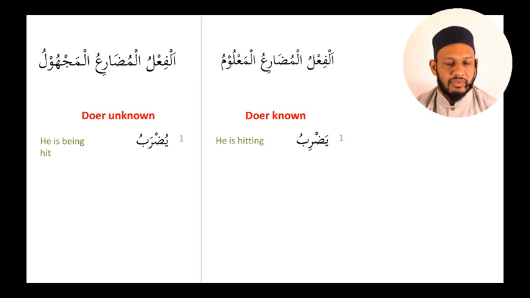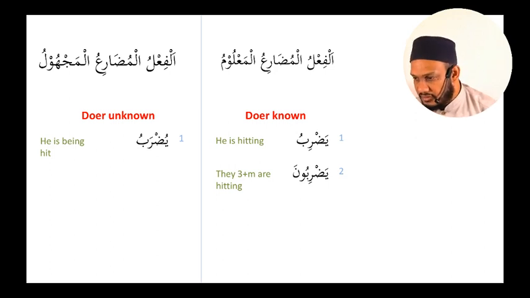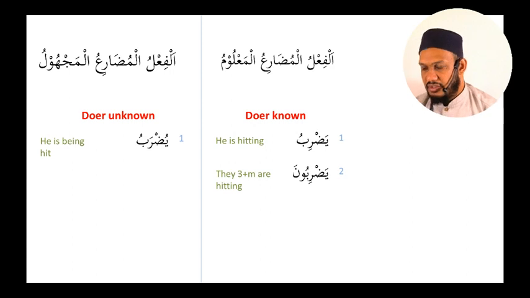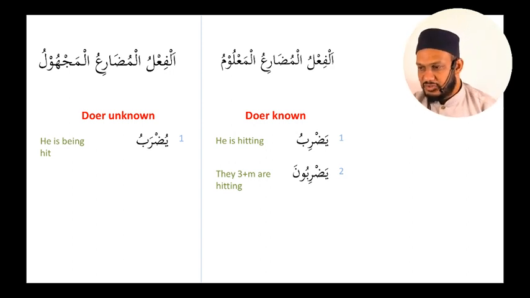So if I look at the heading of that, the heading is al-fi'l. Yes, fi'l is a verb. Al-mudari is a present tense verb, but it's al-majhul, which means that the doer is not known or not specified. He is being hit. Who hit him? It's not specified. Okay, next one. Yadribuna. What do you think the majhul is going to be for that? Can you give me the answer for that?